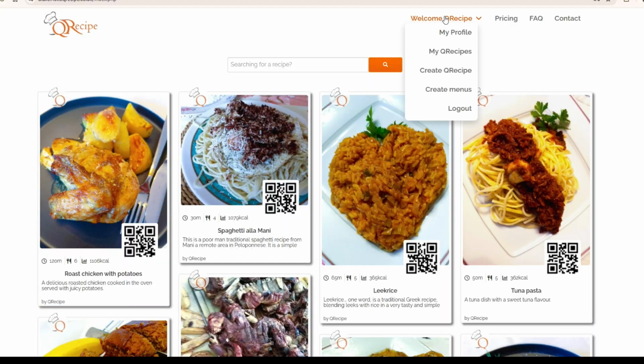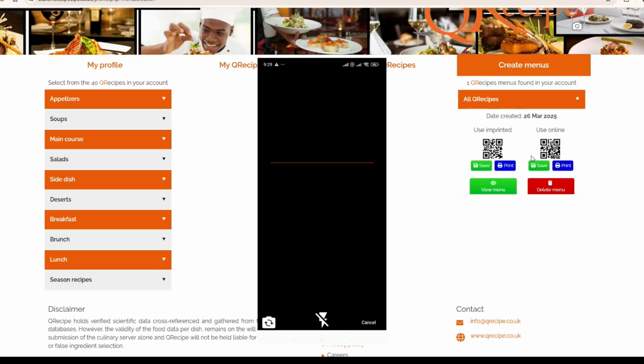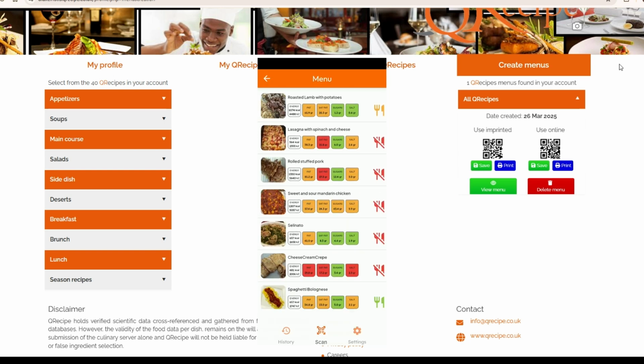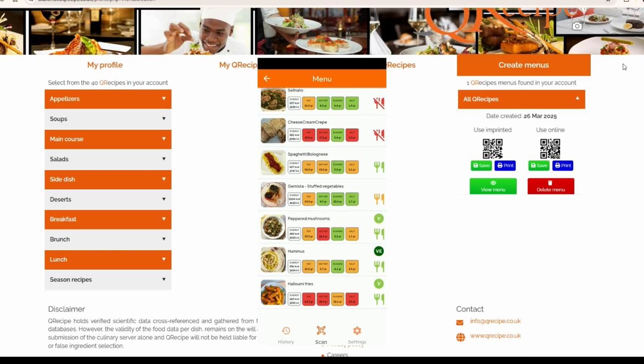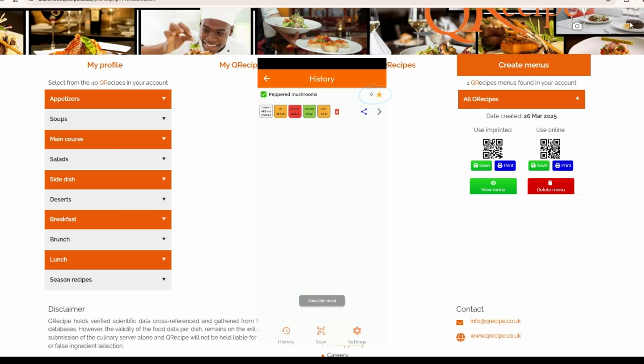Remember the 2 QR codes generated when creating menus? Visiting customers scanning the printed QR code on your menus will get all the recipes. Upon selecting and adding the recipe to history, a star-based review system is shown, allowing them to review each individual